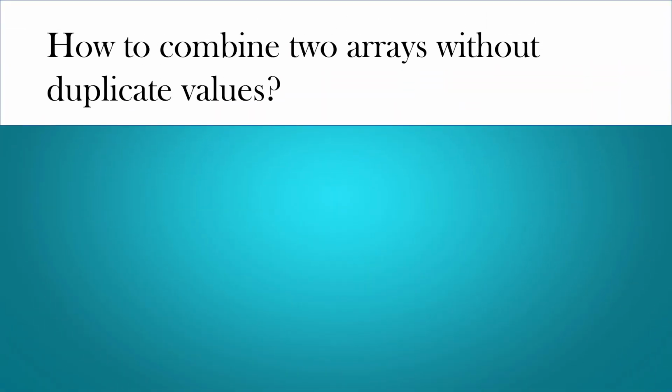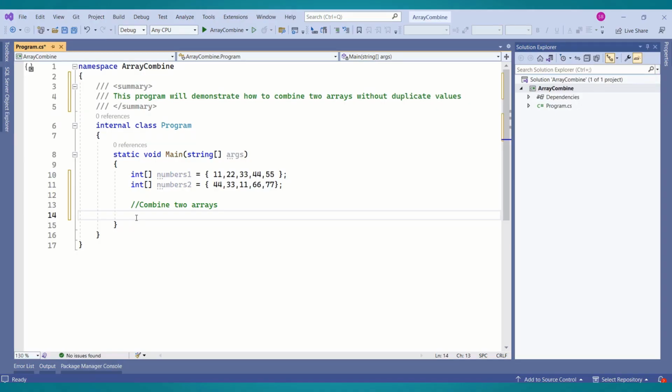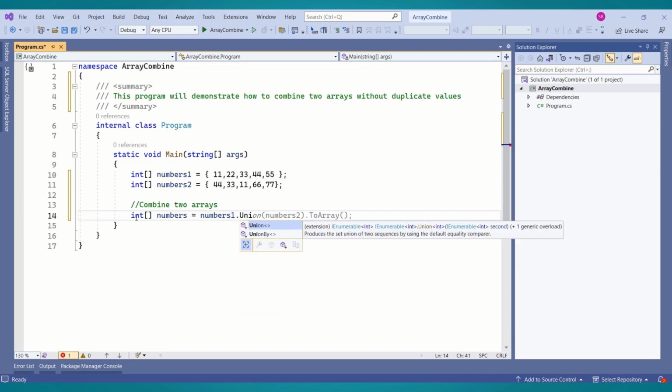To combine two arrays, we are going to make use of the LINQ Union method, and this method combines arrays without duplicate values. To combine two arrays, I will declare one more integer array, and I will name it numbers. Take the first array, that is numbers1, then use Union and pass